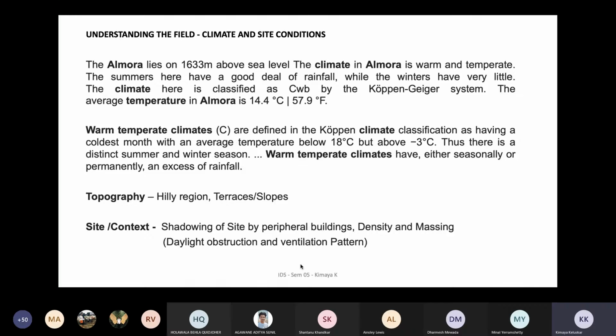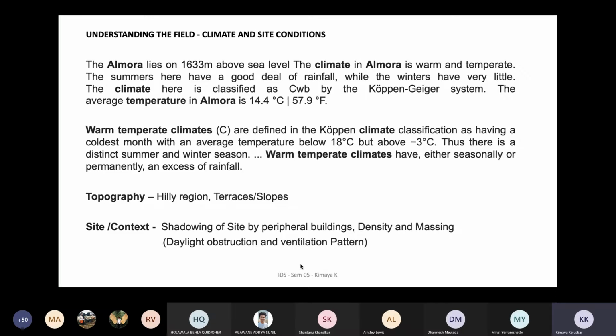Now, universally, there is the Köppen classification which has been used to understand the climatic conditions. Now, Köppen is very specific. People use it because within a larger country like India, where there is a variation in climate, it gives you a very specific climate. So it really takes into consideration the entire geography and the topography of the place, and then gives you the specific climate. And you will always have the climate like CWB, AB, and things like that.